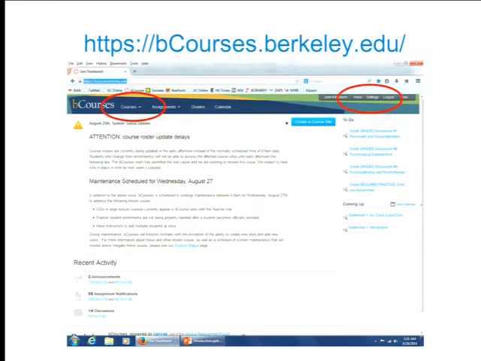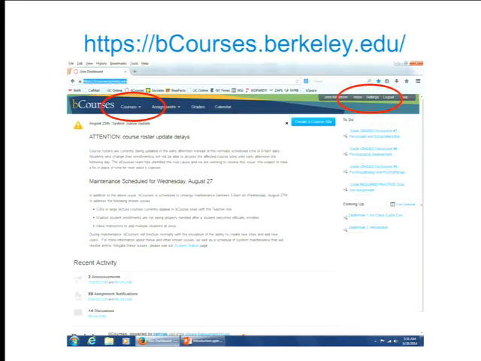If you go to the B Courses website, you will see a screen like this. It'll have your name in it. Over here, a place for you to modify your settings. I encourage you to click on the settings link and modify your settings so that you get announcements delivered to you by email. Okay? I don't think that's the default, but if I were you, I would make sure that announcements are delivered to your email, and also that any email I send you through the B Courses email facility will be routed to whatever email